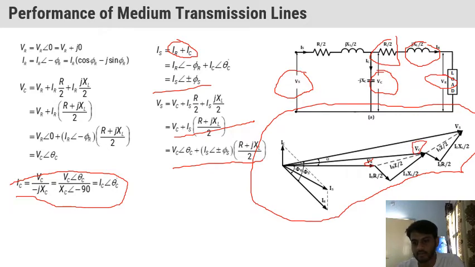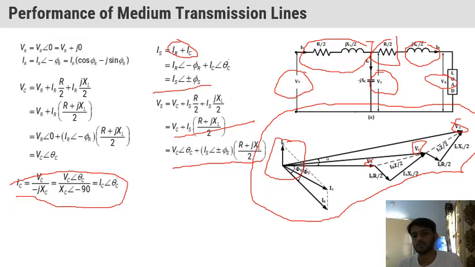This is not a normal summation, it is a vector summation, and then we get the value of VC. Again, if we add these two drops in vector form, we get the value of VS. So this is how simple it is. All the currents are marked here to show the position of the drops. You already know that the resistive drop is in phase with the current, the inductive drop is 90 degrees ahead of the current, and the capacitive drop is 90 degrees behind.